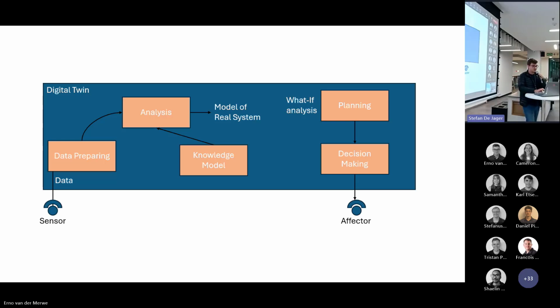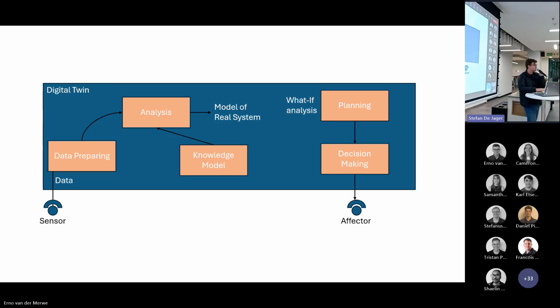And then that brings us to the analysis step, which is going to help us understand what this data exactly means. And this is where we're going to be turning data into information and knowledge so that we can actually make decisions on this. So this involves combining data from various sensors and even utilizing built-in knowledge from a knowledge model. So if we model a digital twin of an aircraft engine, for example, we might already have a model of that aircraft engine that serves as a basis for how an aircraft engine should act. And then based on data we collect from the sensor, we can compare it and say that something might be wrong. And based on this analysis step, we then produce that up-to-date model of the real system,